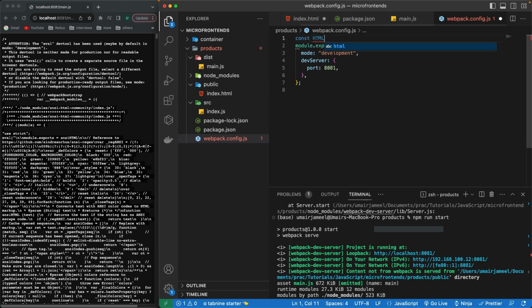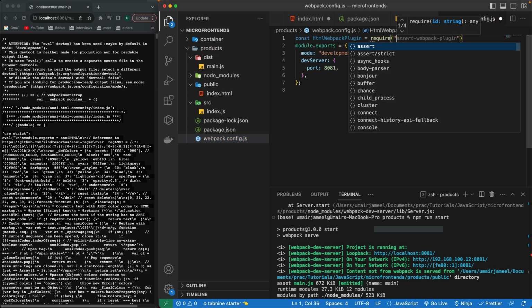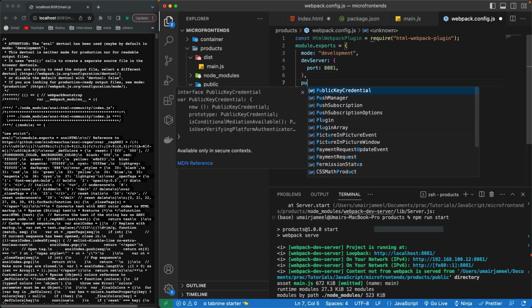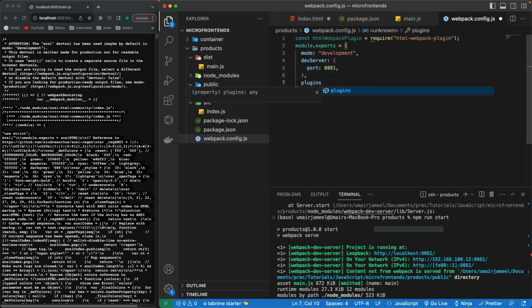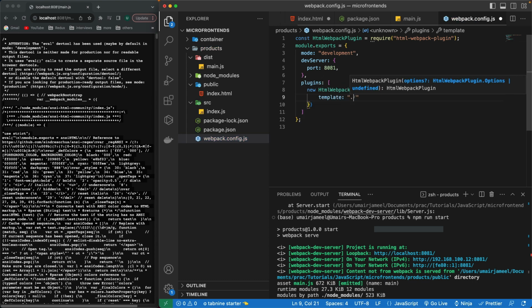So this is called the HTML Webpack plugin. Okay, and this is coming from the require HTML Webpack plugin. All right, so I'm going to use this one in the plugin, so I can have a lot of plugins to be used in the Webpack. So below this, I can use the plugins property, and it's going to have an array. So new HTML Webpack plugin, and inside it has an object. So the template colon public